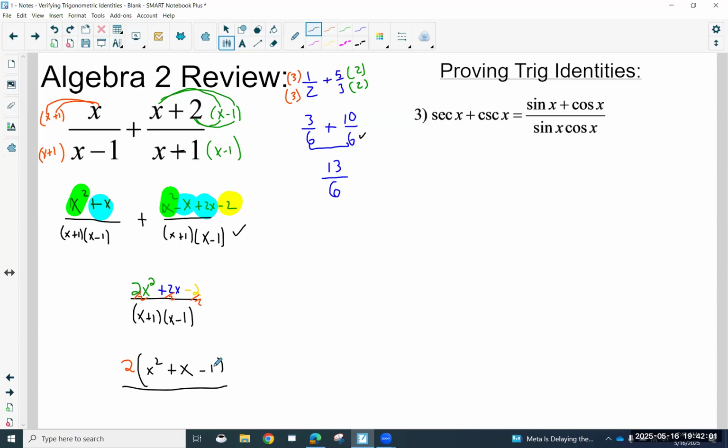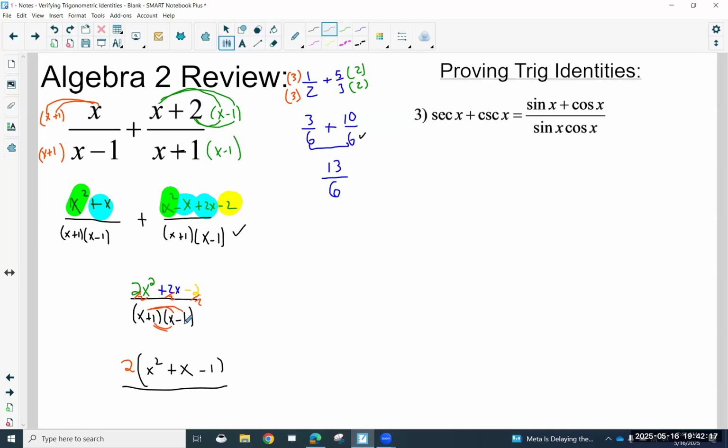So this actually will not factor because 1 has factors of 1 times 1, and it's asking you to subtract them. So if you did subtract them, you would get 0. So this does not factor. And once you know that it doesn't factor, that's when you then have to FOIL the bottom together in an